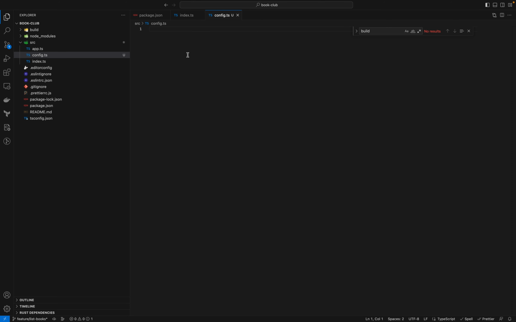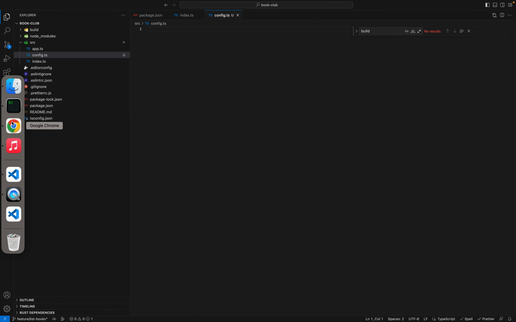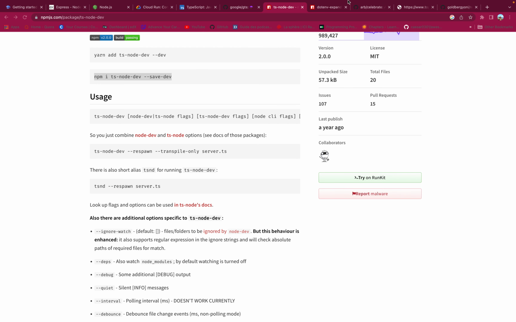Configuration, we usually get from environment variables, and we need to validate if those environment variables exist and if they have the correct format that the application expects. So for this, we are going to add this library called